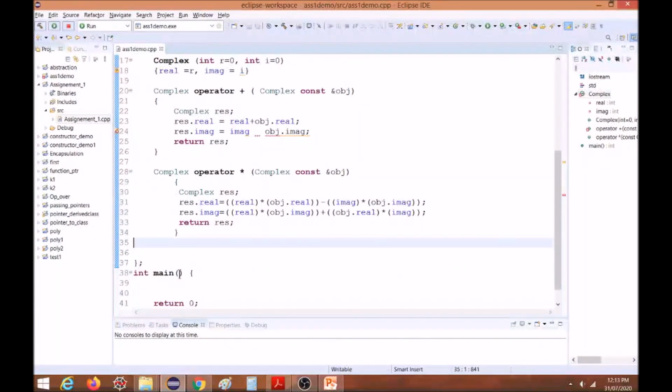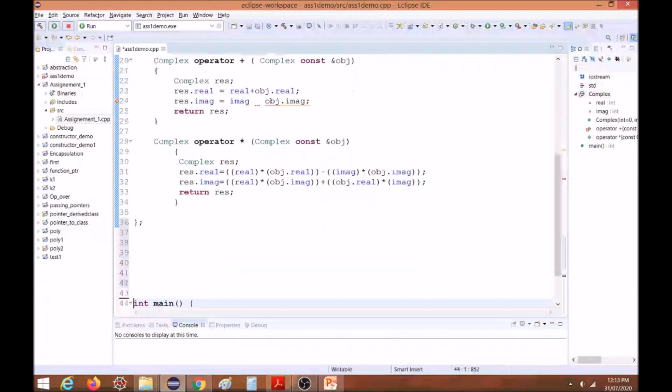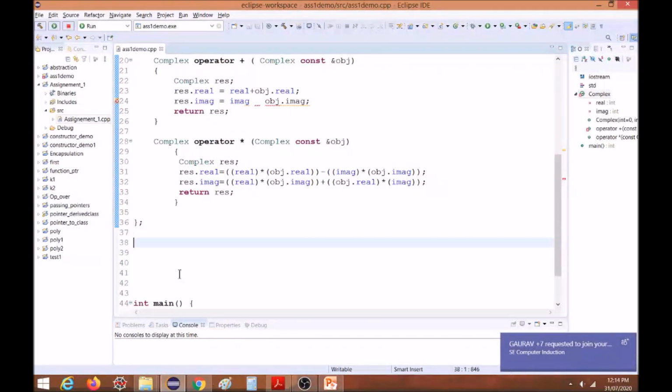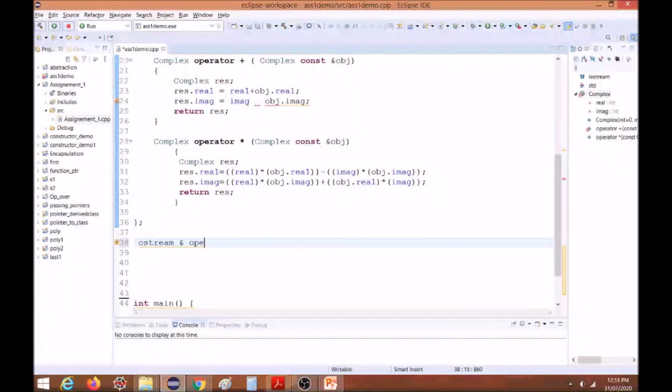Now we have to write the operator overloading function for the stream insertion operator. So that we will be writing outside the class. You can observe I am writing outside the class. Return type is OStream. Okay, and this is the return type of this operator. We have to write into bracket OStream object, some name we will give as out, and we are passing one object of type complex, similar to previous functions.